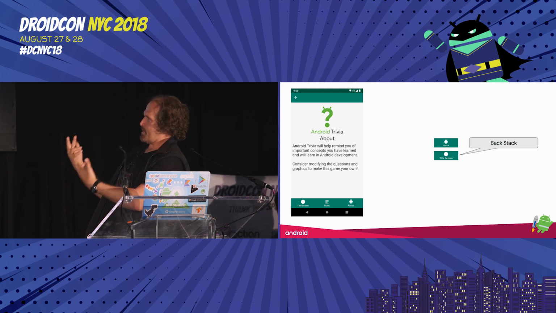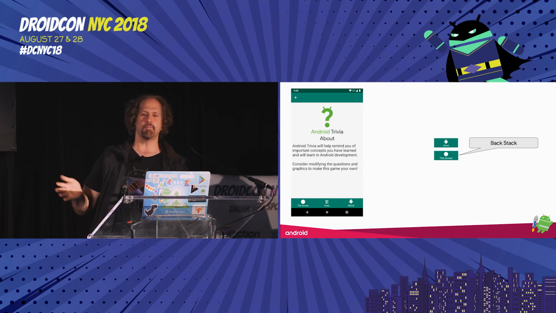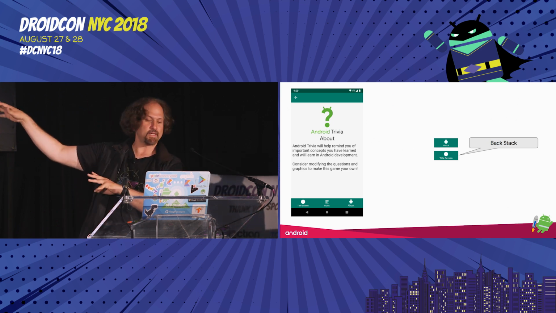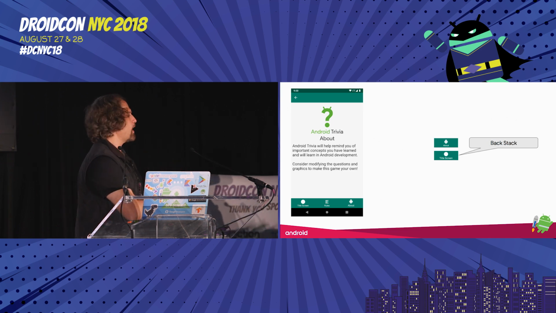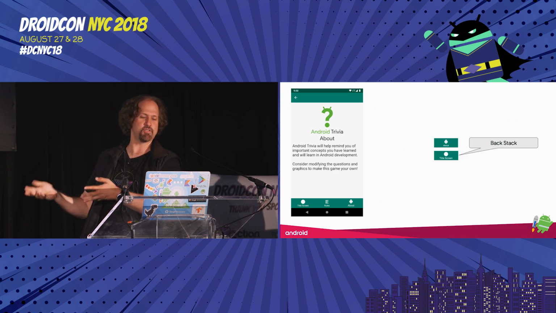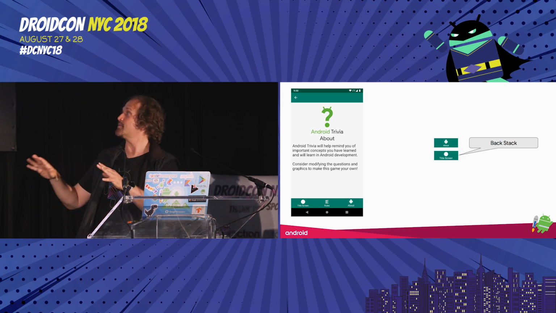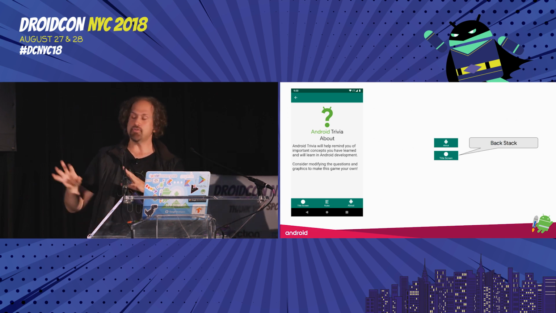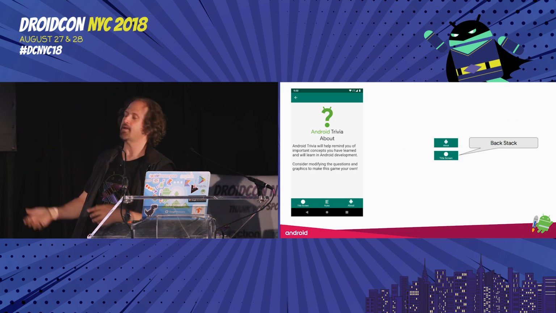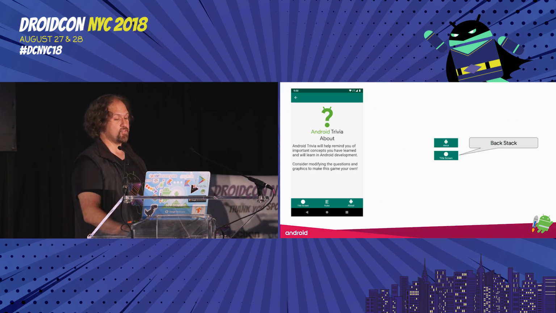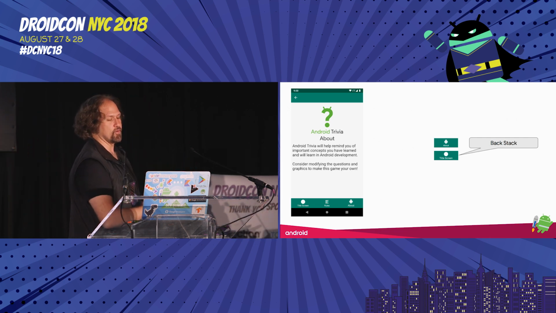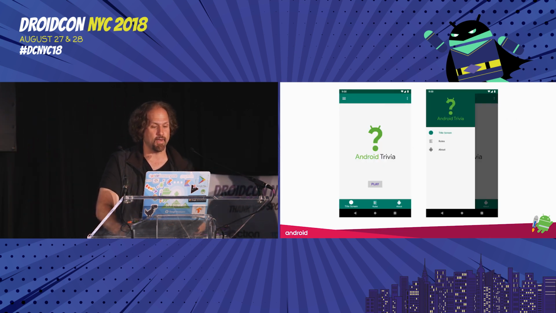Now, people have mentioned to us that for bottom nav, this might actually not be desirable because there's sort of an expectation that states of the fragments on the backstack are actually preserved when switching tabs. So honestly, the team is looking at the best way of also helping developers use it that way. If you do want to use it that way today, you'll have to come up with your own solution. You'll either have to save the backstack and UI state from all the fragments yourself or implement it in an alternate way. But honestly, we are looking at it.